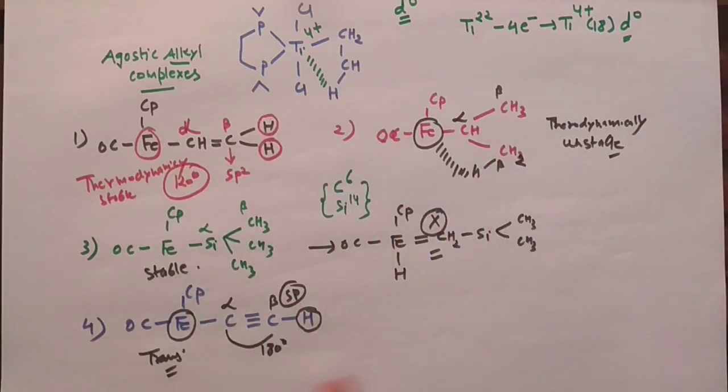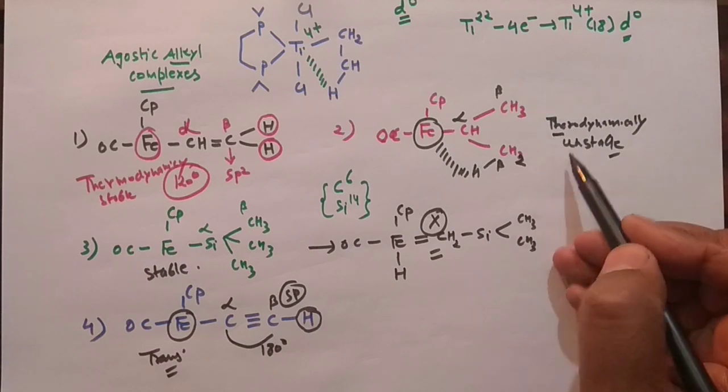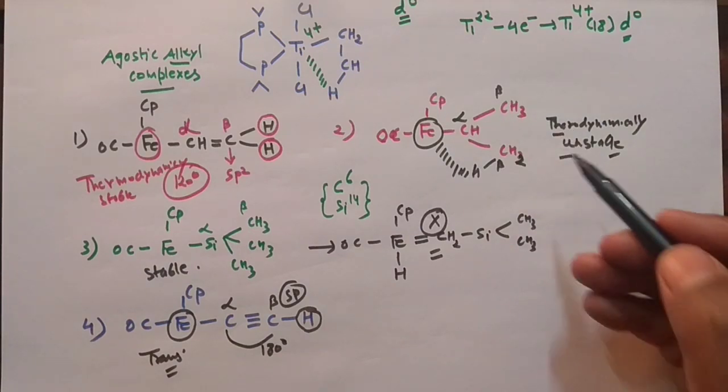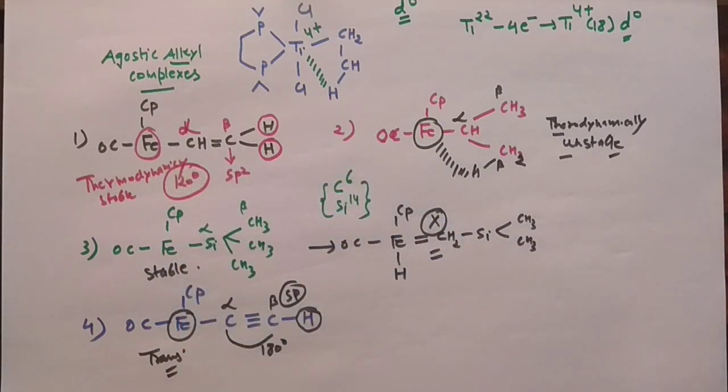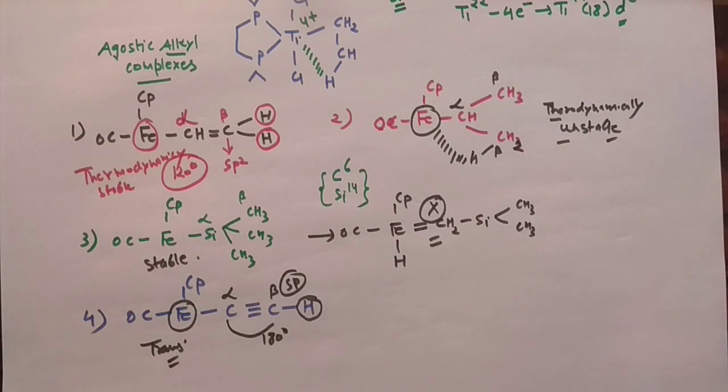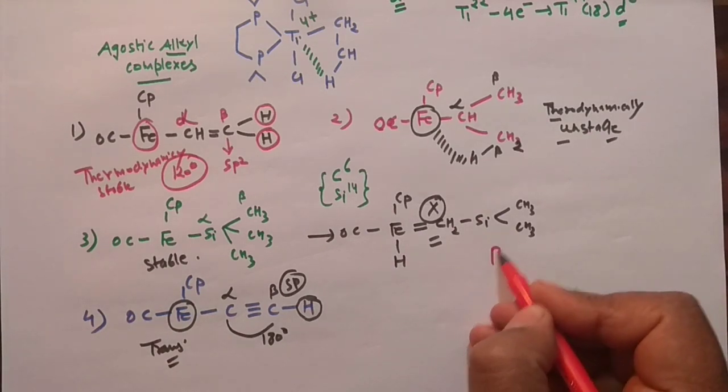So among the 4 complexes, this one is unstable because it will undergo the beta hydride elimination reaction, while the others will not undergo the beta hydride elimination reactions. And one more important point, this one. You can take the examples here: violation of Bent's rule.